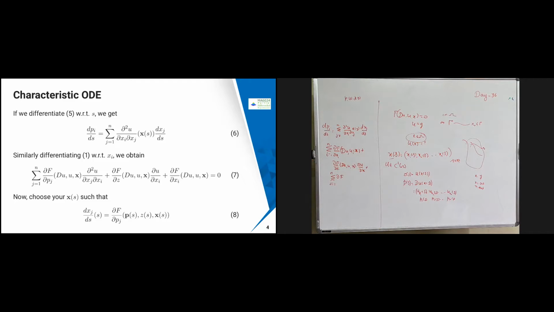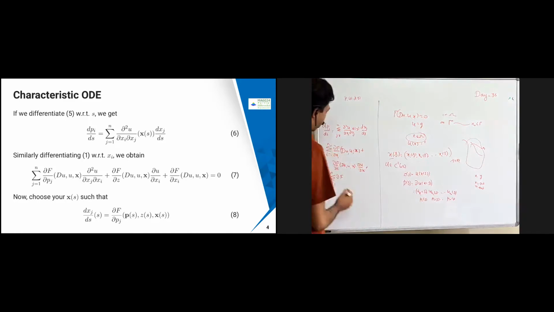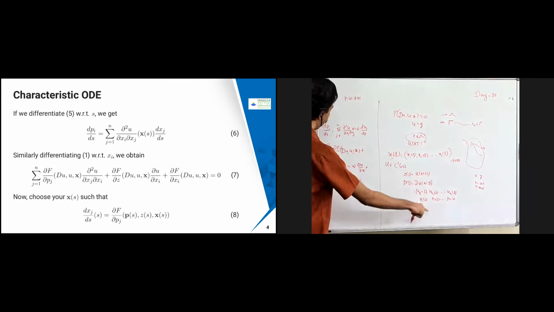So first I have to differentiate with respect to u. So in that case, that is going to become pi of s, because I have to differentiate with respect to this one. So I'm going to get pi of s dou f by dou pj, because I have many variables. So dou pj into dou pj of Du of u and dx into I got to differentiate that. Okay, so that is in fact this one.